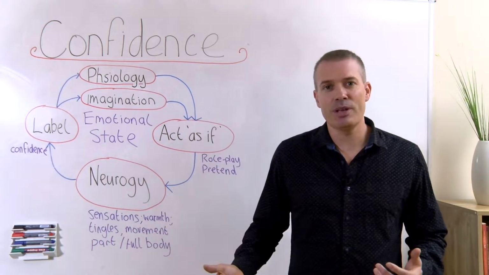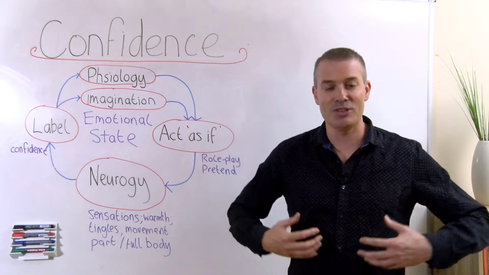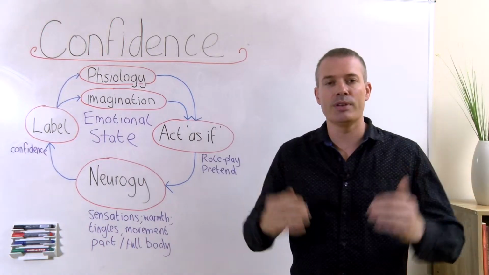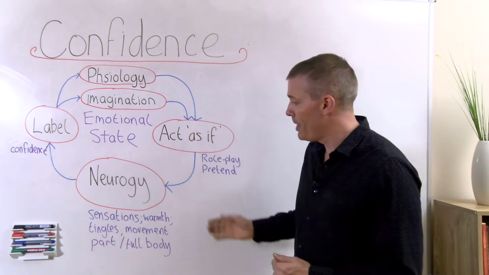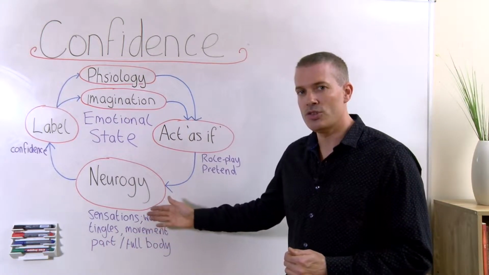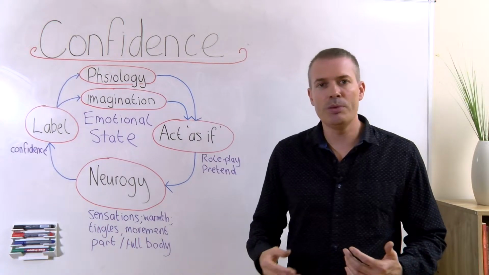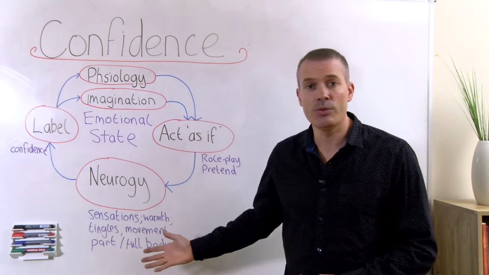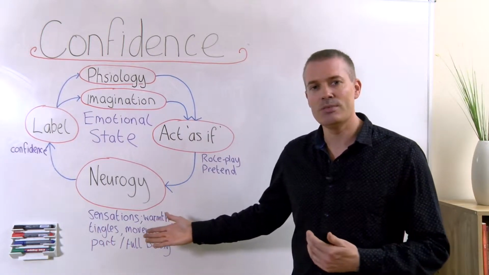So this is different for everyone, but generally when we start to feel confident, so when we start to use our physiology in a confident way, when we imagine confident scenarios, and we really act as if they are happening right now, then we start to experience shifts, things like changes in sensations. Maybe there'll be a warmth across the chest. Perhaps there'll be a tingle throughout your arms and hands, an energy. And maybe the sensations move.